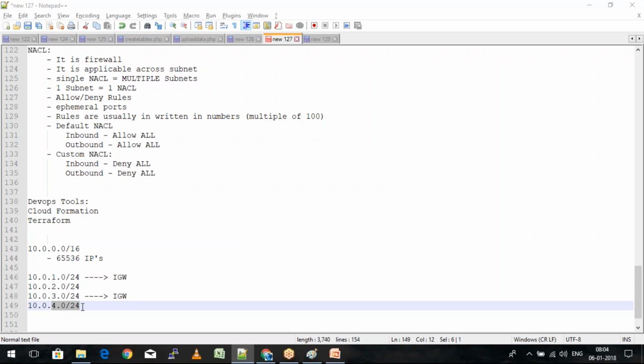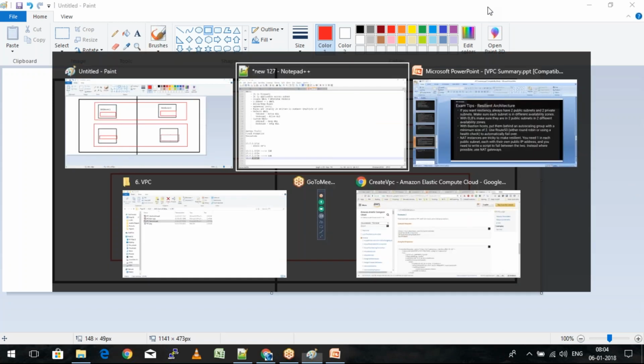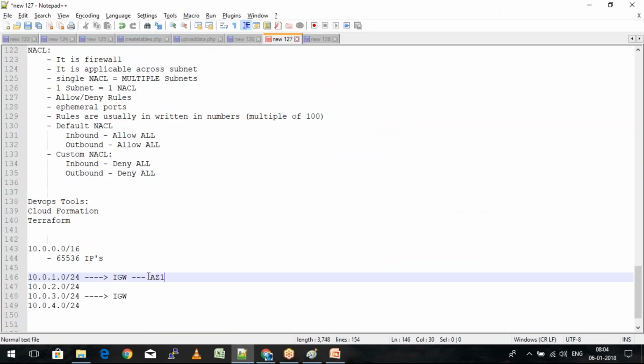So both of them are in different availability zones. Here 10.0.1.0 is this one, 10.0.3.0 is this one, 10.0.2.0 is this one, 10.0.4.0 is this one. So we have actually created the 4 different subnets in 2 different availability zones. So this is going to be a part of availability zone 1. This is going to be a part of availability zone 2.